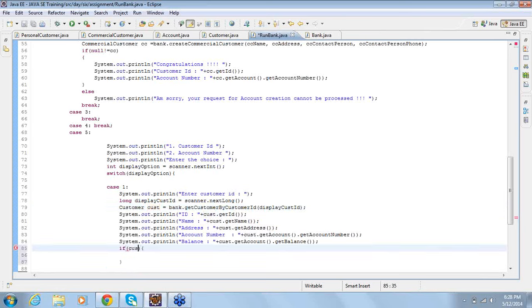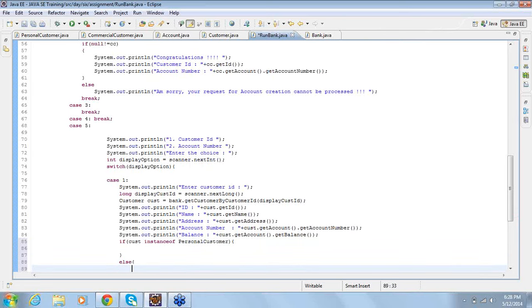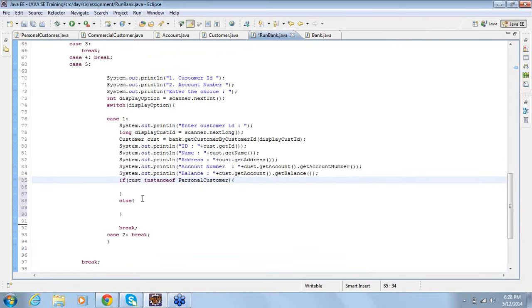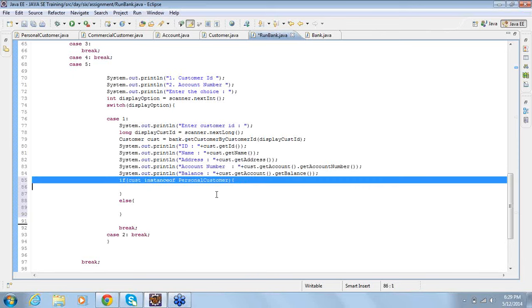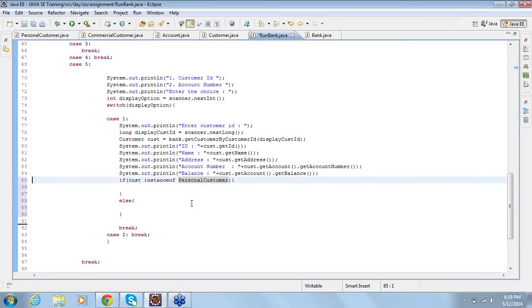If is instance of personal customer, otherwise. So this is how we check. Is this object an object of personal customer? The keyword is instance of, or you can call it an operator, which ensures the object is of type personal customer or commercial customer.